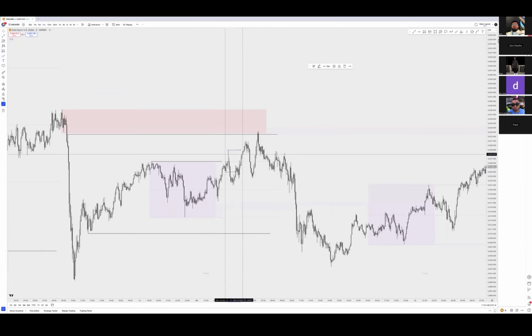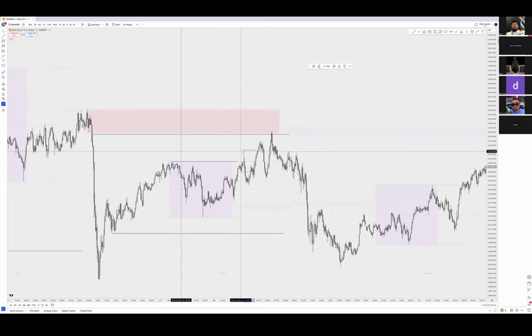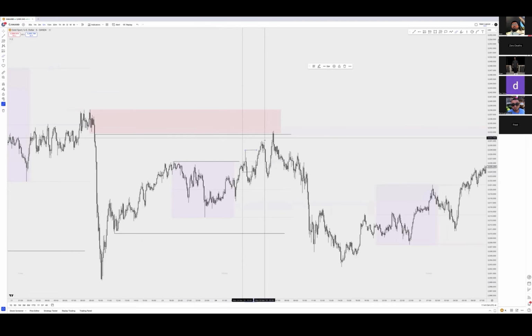And so that's what ends up happening. Takes out the high, but now you can see that it's just inching higher, right? And you don't want to be shorting every time it inches higher. You want to see where it's reacting from. And then once that whole area is taken out, you can potentially look for the move down, or basically a move towards the liquidity on the opposite side.